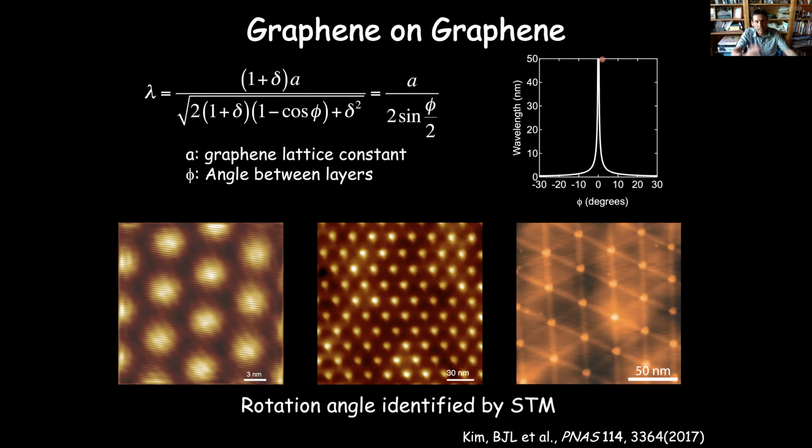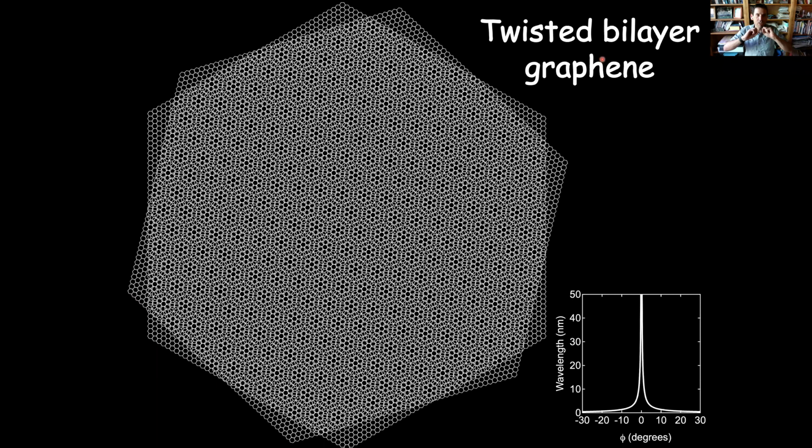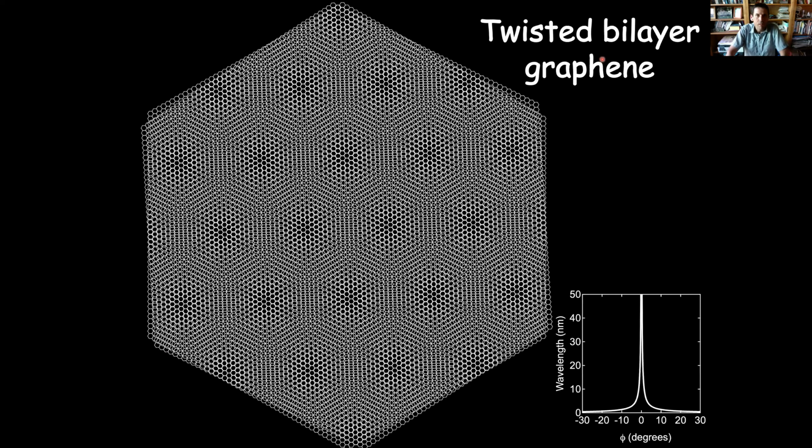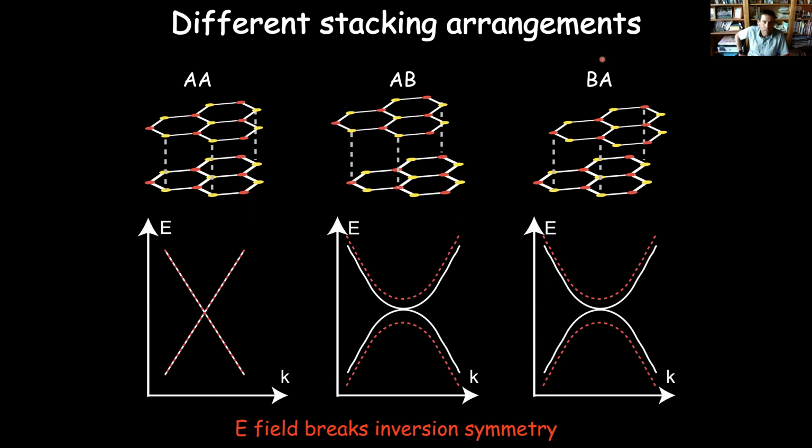And so again, here's the same thing that I showed on the graphene on boron nitride. But now instead of having the Moiré pattern twist as you rotate the layers, it just comes in and out of focus and goes to this infinite wavelength for small twist angles. What this means in terms of electronic properties is that the graphene has different stacking arrangements at different locations in